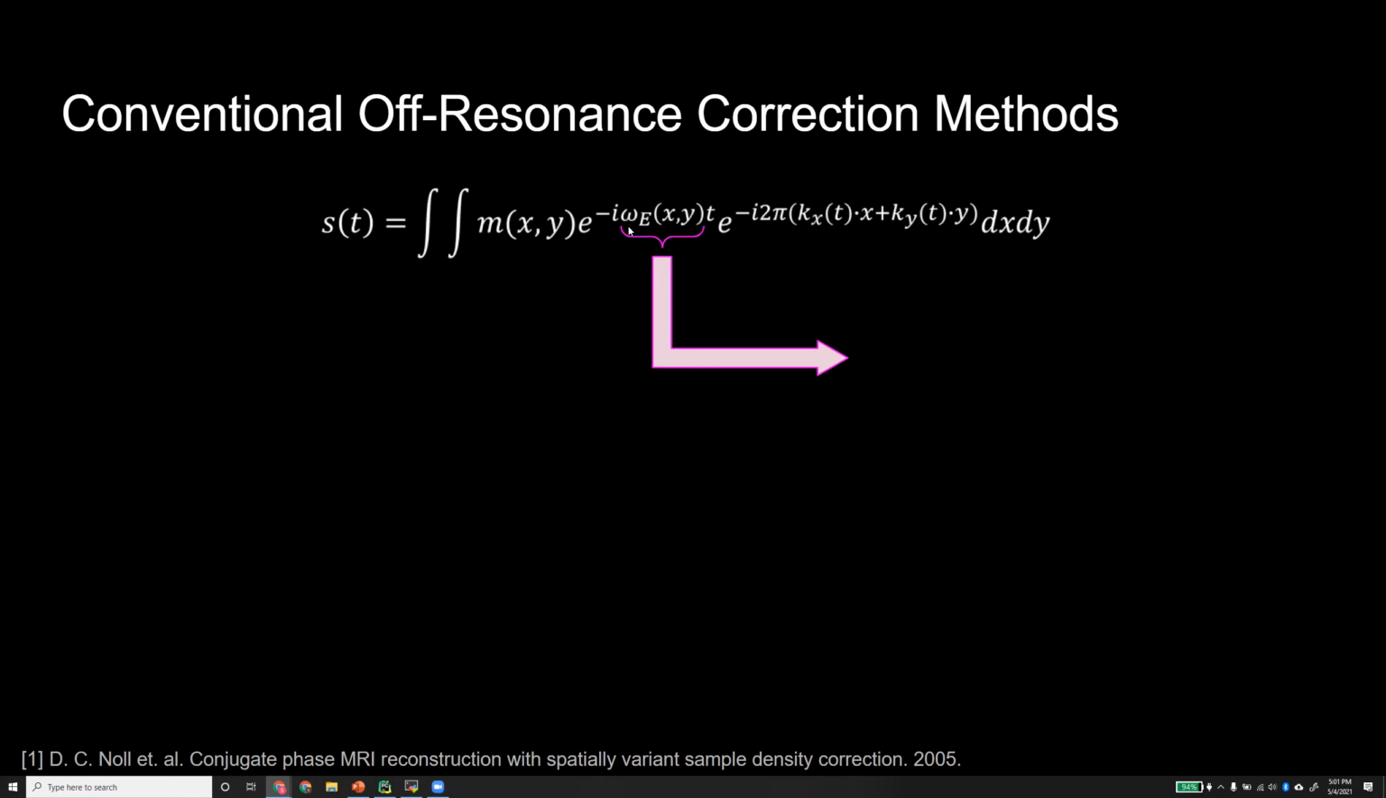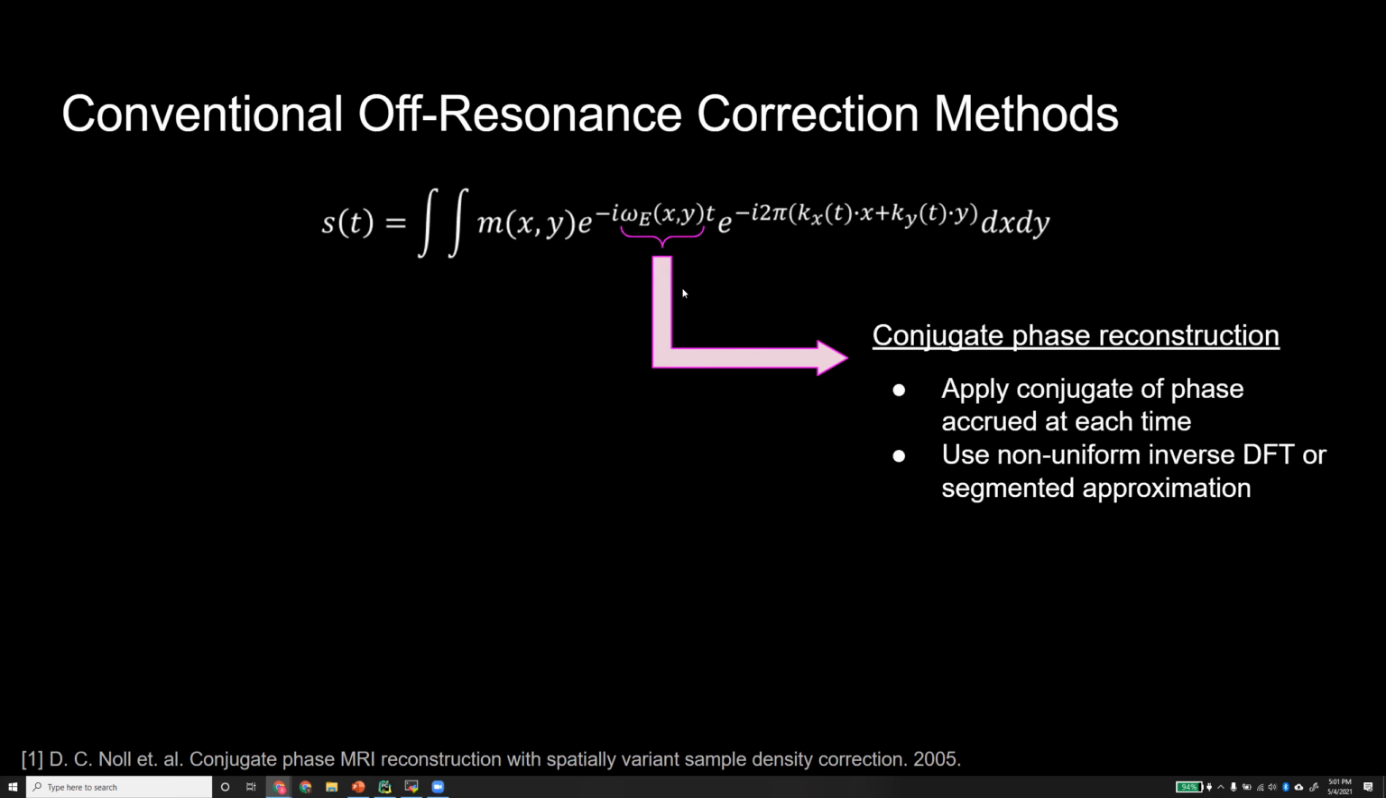And this basically, if you had knowledge of the off resonance term in your signal equation, that is basically the B0 field map. So if you had the B0 field map, you know what this exponential term is, and you can use that to correct the signal equation. You can apply the conjugate phase of whatever phase was accrued across the trajectory due to off resonance, and then perform some kind of non-uniform inverse DFT or some kind of segmented approximation of that to correct for